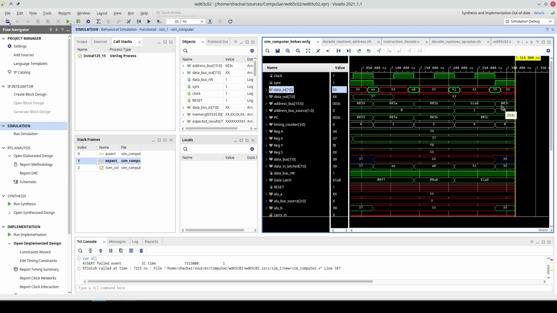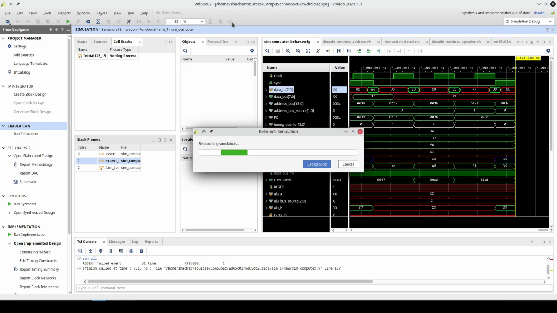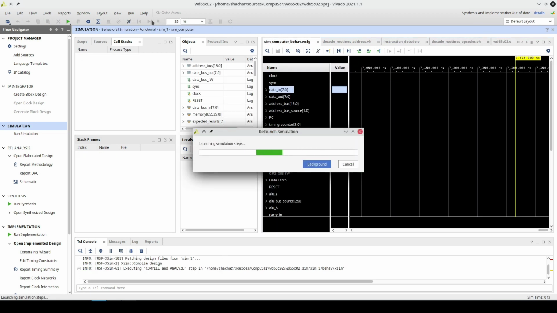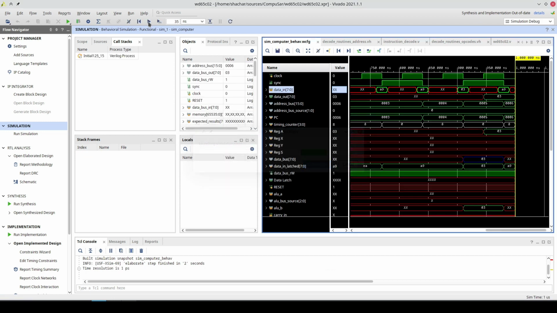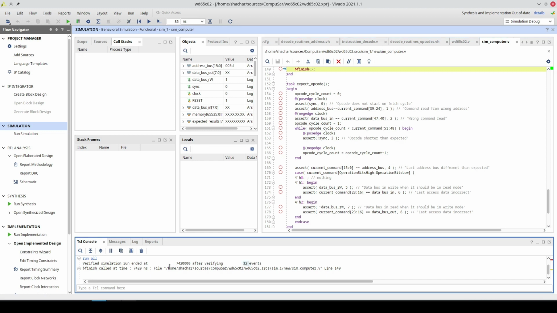It read from 3C and we told it that's the NOP. And we told it it will read from 3B. 9ABC. Yeah, that was a mistake in the test plan. So let's reload. And what we see is that we ran 32 events successfully, and therefore the simulation stopped.